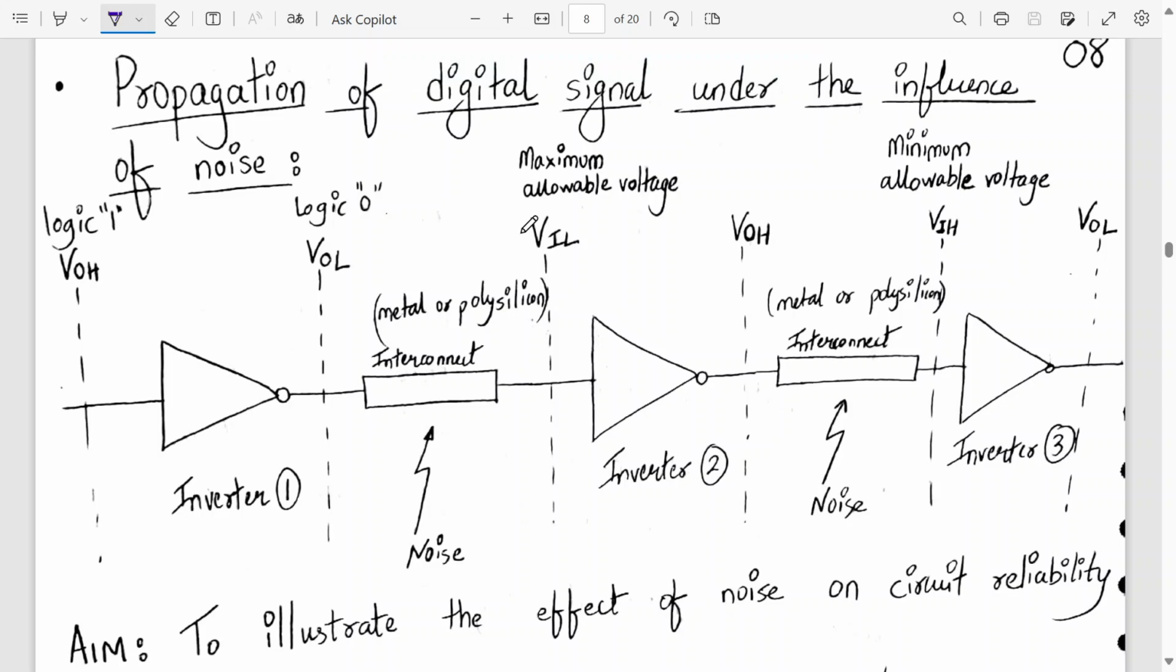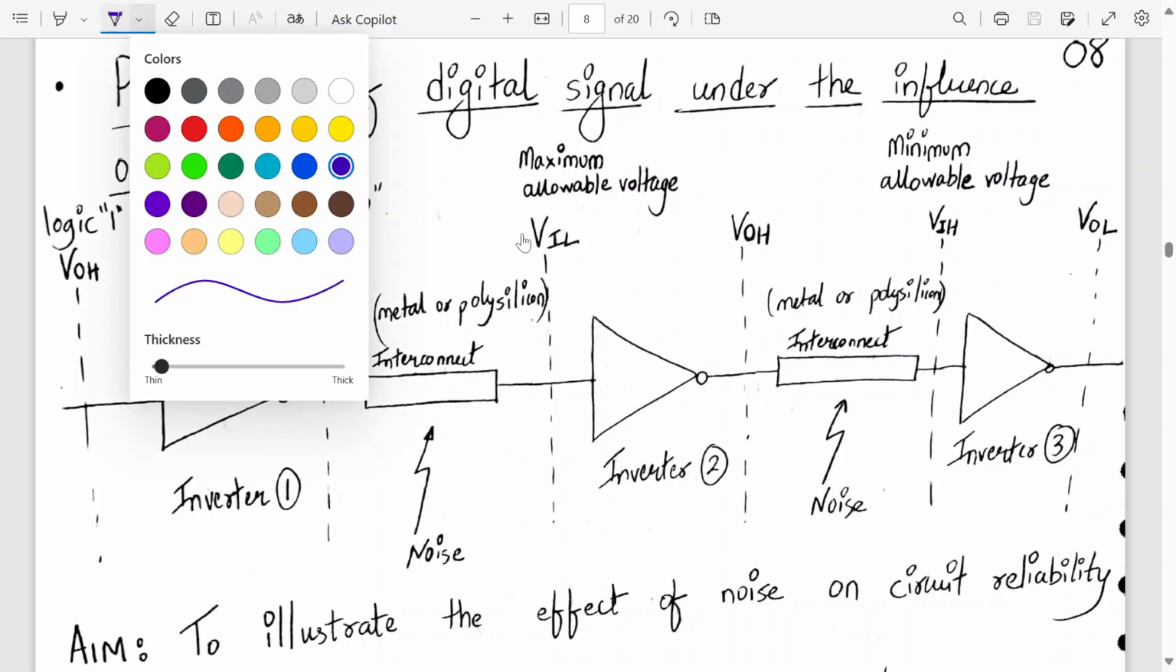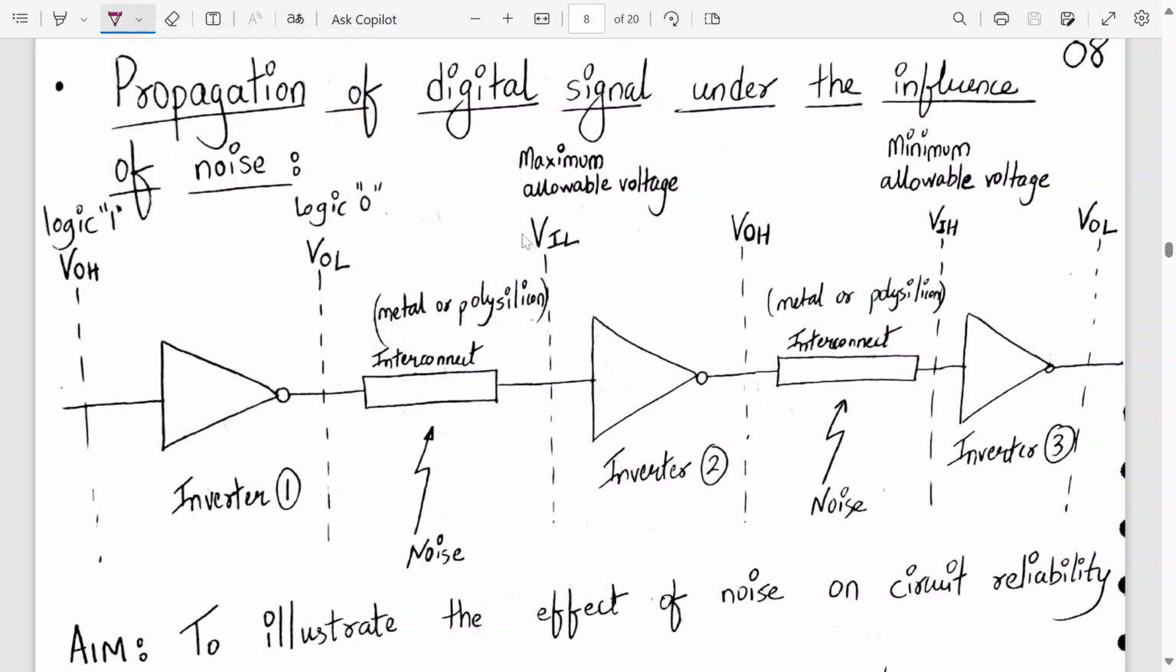So how will noise affect my circuit reliability? We'll understand that. Don't draw anything, just write a heading, that's it. Later on, if you have understood, then you can draw. Okay, everyone,